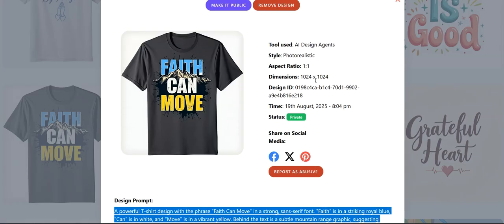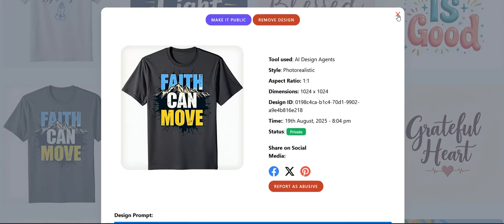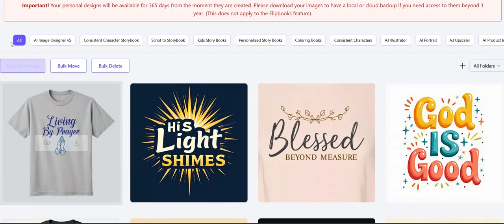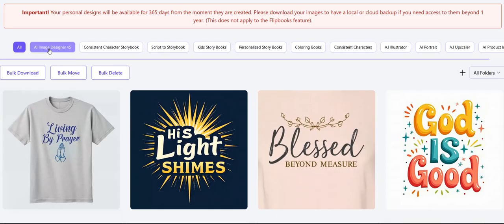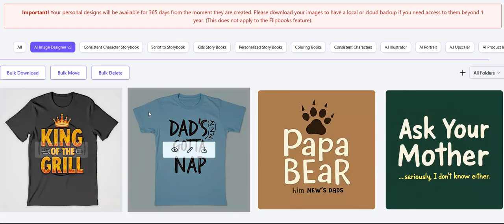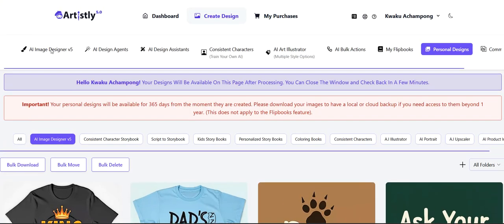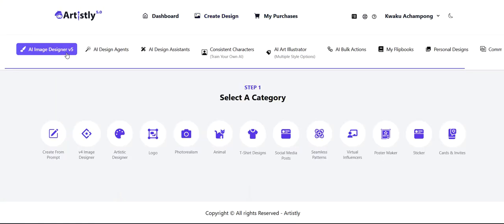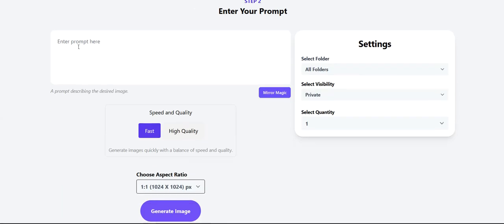So I copy the prompt here, and I'll come up here, which is AI Image Designer version 5 here, and it says create from prompt. So I'll take it, paste it